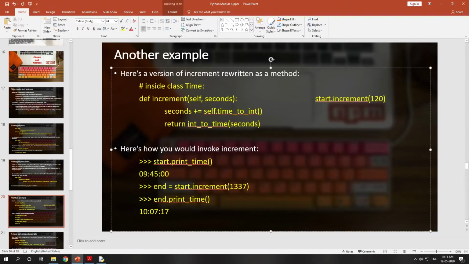So here this start will be passed as the first argument to self, and 120 will be passed as the second argument to seconds. Understood? Actually it takes two parameters, right? The first parameter will be the object on which it was called, so it has a self reference, that's why you can call it using method syntax.